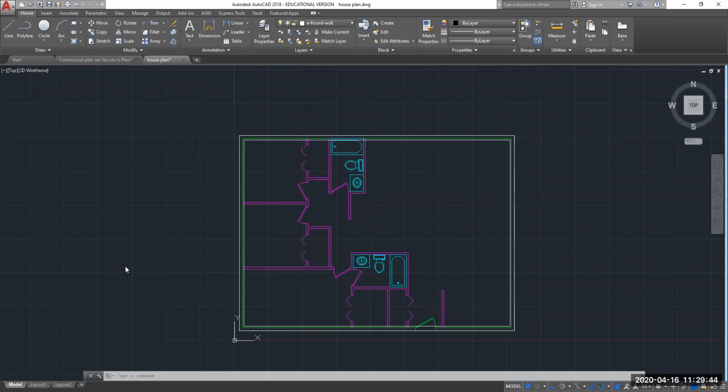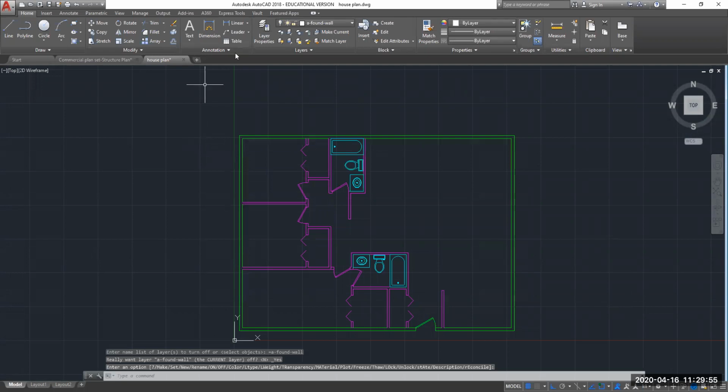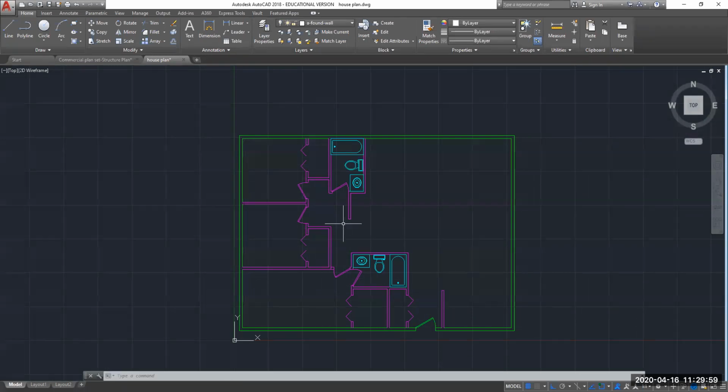So here we have our drawing in AutoCAD. I've actually started creating my foundation plan on here as well. So here is my sort of beginning stages of my floor plan. And up until now, what we've been doing is we've been drawing in model space exclusively, inserting our title blocks